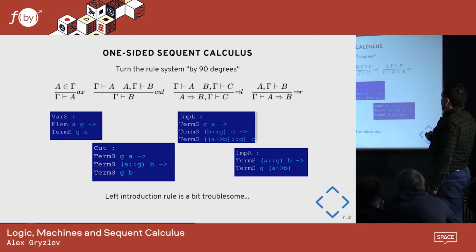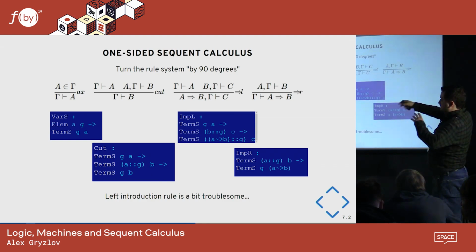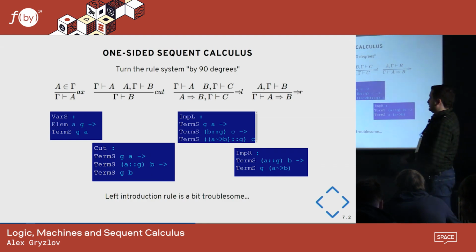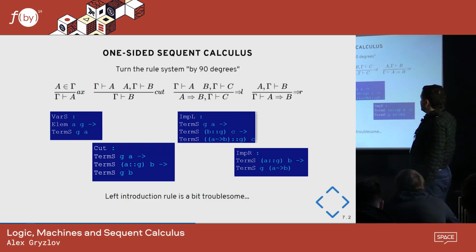You can think of these two rules as creating some kind of lemmas or detours in your proof, and this cut then removes it, plugs in your lemma and destroys this indirection. It's like substituting. For example, if you have a function that calls another function, it substitutes that function into it. This process of reducing these cuts is called cut elimination, and it's a very important thing in proof theory. But what does this correspond to in programming?